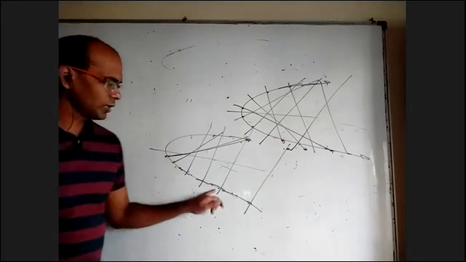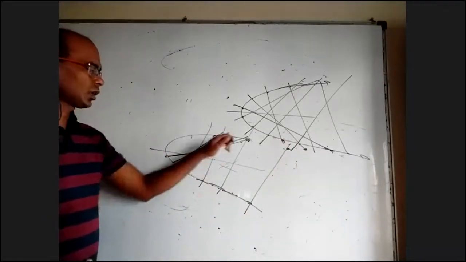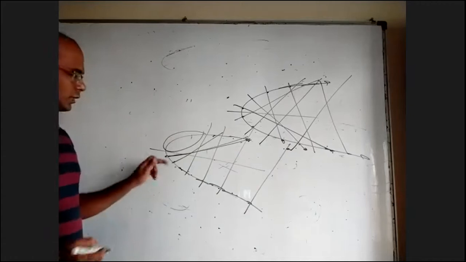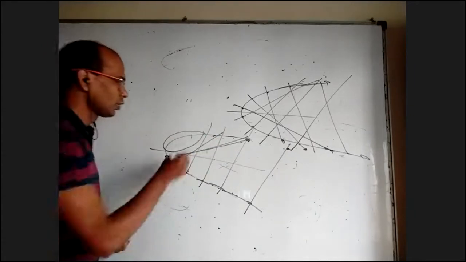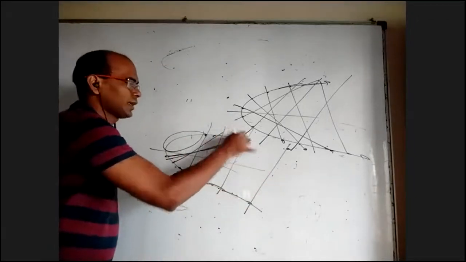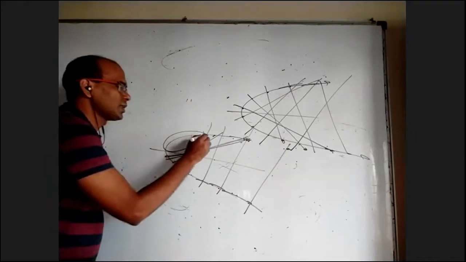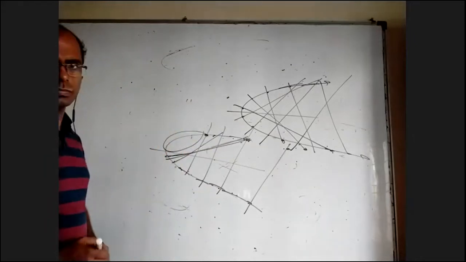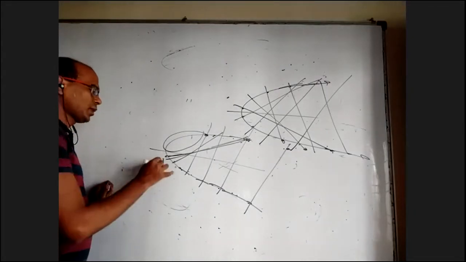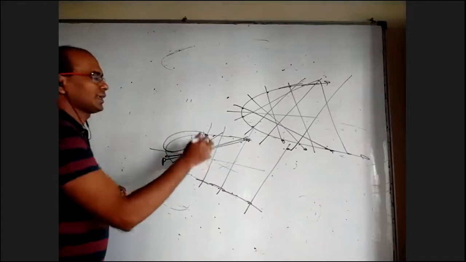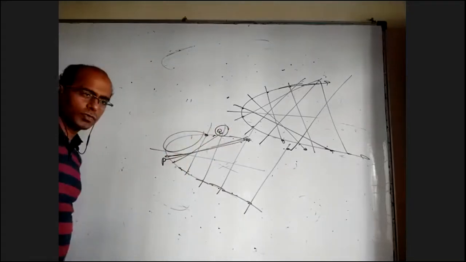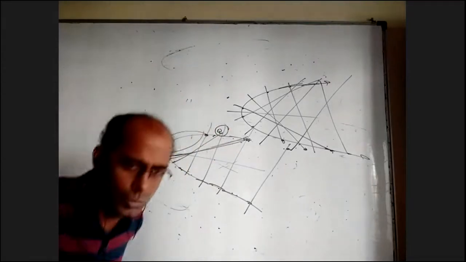You take different points on the parabola, draw the normals. You can see some part of the parabola is uncut by any of these normals. So there is a point beyond which any normal will intersect the parabola again. What is that minimum x coordinate? I want to know. So if you take P, a point on the parabola, and the normal intersects the parabola at Q, what is the least value of the x coordinate of this Q? That is the question.